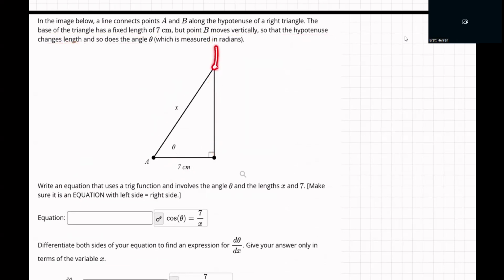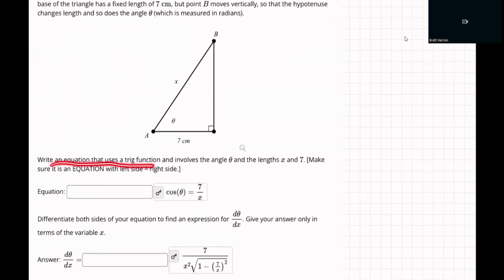So as this point goes up, up, up, then this triangle goes like this, and that makes the hypotenuse get longer and this side get longer, and the bottom just stays at 7. Is that making sense? As that B moves up, right? Moves vertically, they said. So that's the idea. B is moving up, and as it is, your triangle goes taller, and so this side's longer and this side's longer, but the bottom just stays at 7. Okay. So with that in mind, first thing is